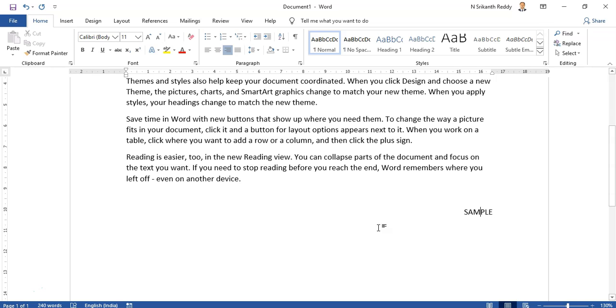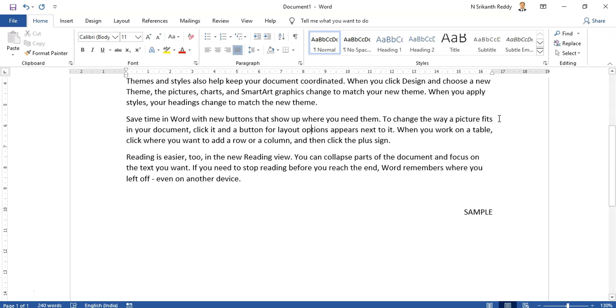Now justify is something where you need to have some text, otherwise it is difficult to see. Let me show on this paragraph. So let me click here. Now it is left aligned. Justify means it will adjust so that both sides look neatly aligned. On the left side it is very neatly aligned, but on the right side you can see it is a little bit wavy, a crude form. Now you select any one of these and click on justify. Then you can see both the left and right sides are aligned properly.